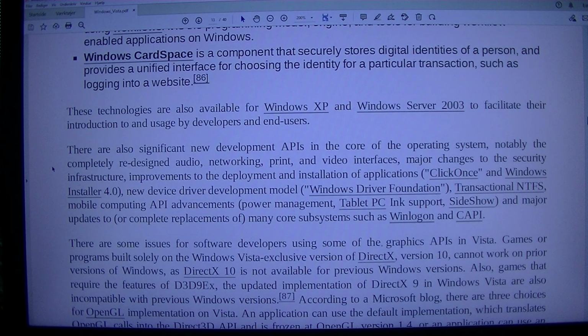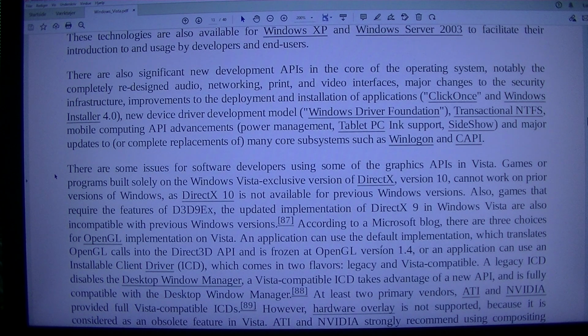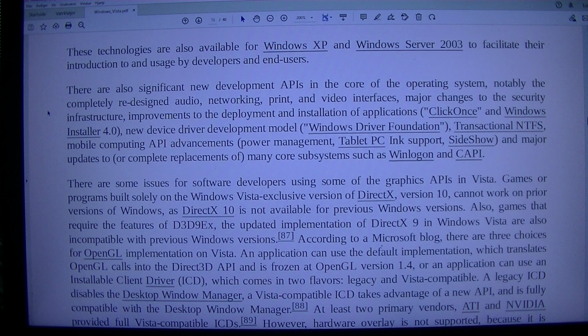Windows CardSpace is a component that securely stores digital identities of a person, and provides a unified interface for choosing the identity for a particular transaction, such as logging into a website. These technologies are also available for Windows XP and Windows Server 2003 to facilitate their introduction to and usage by developers and end users. There are also significant new development APIs in the core of the operating system, notably the